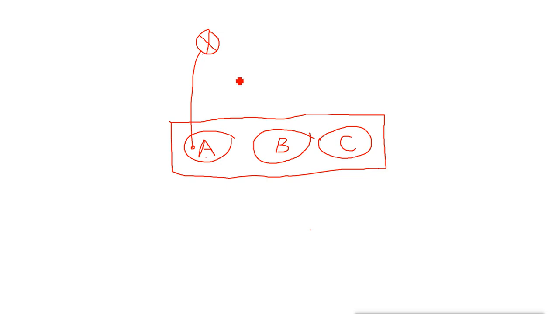Then I will use one more router here, and the Ethernet port of this router I will connect to this VLAN. That means I will make the port a member of this VLAN. Now all the machines belonging to this VLAN will have the default gateway of this router. Then I will connect these two routers with the serial port or whatever, and I will configure one IP here, which is the gateway for VLAN A. I will configure one IP here, which is the gateway for VLAN C. Remember, these are different subnets, so they are different. Now what?